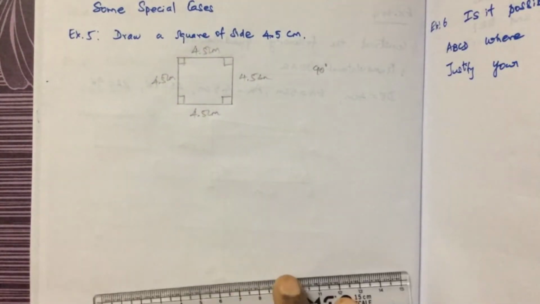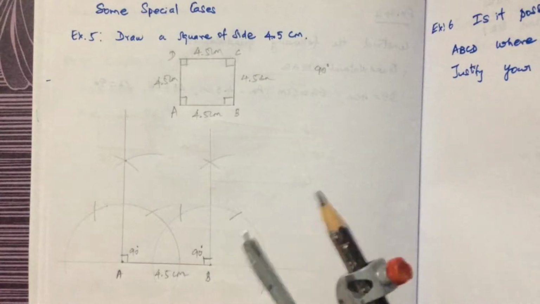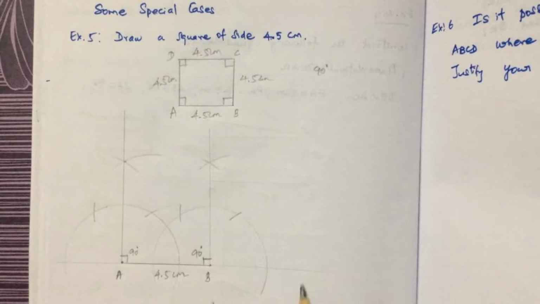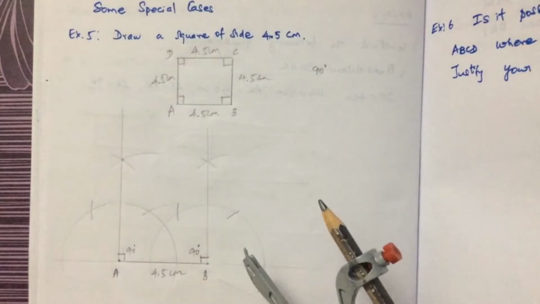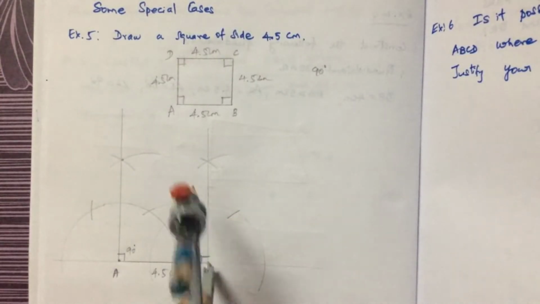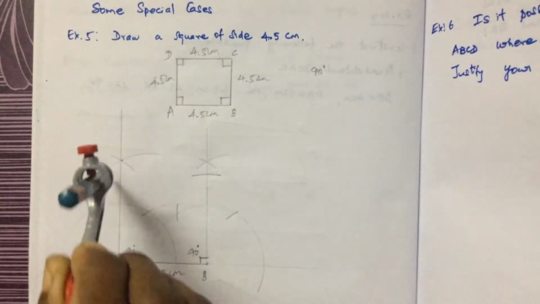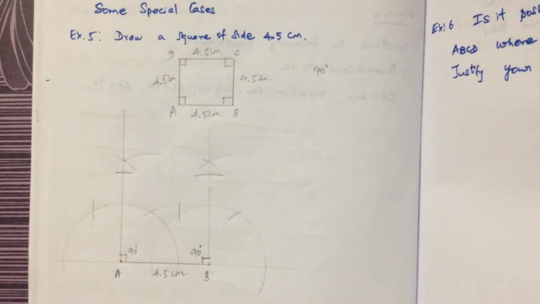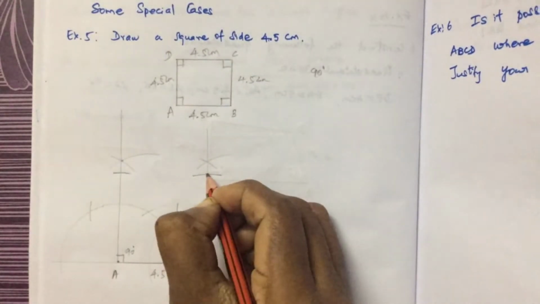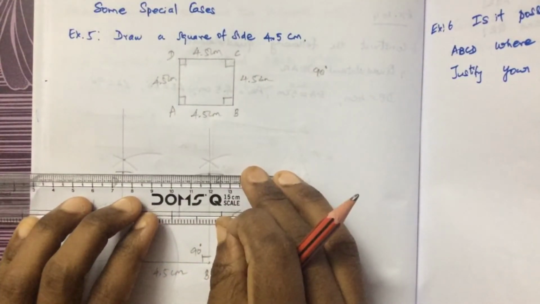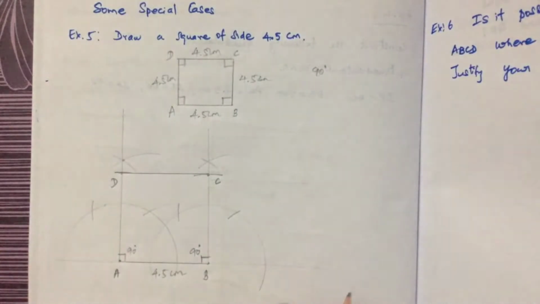First make a 4.5 centimeter line at the bottom. So here I have marked A, B, C, D for our convenience. First AB is 4.5 centimeter and I have made a 90 degree angle at both A and B. Then from B to C it is 4.5 centimeter. With B as center, cut here, which is 4.5 centimeter, and with the same measure cut here, which is also 4.5 centimeter. So now this point is C and this point is D. Now we can join. This is square ABCD of 4.5 centimeter.